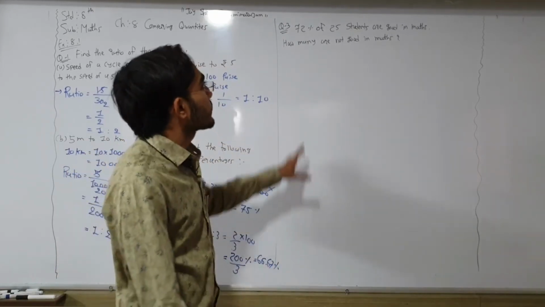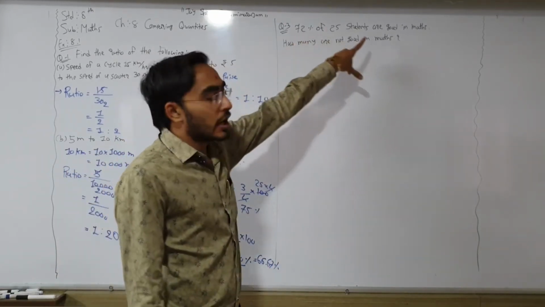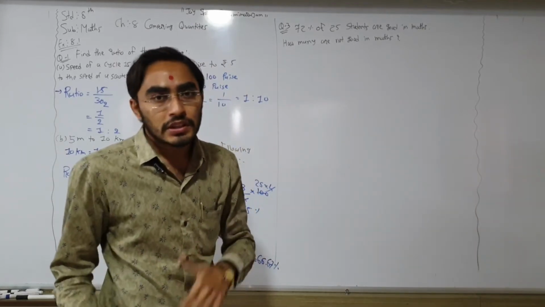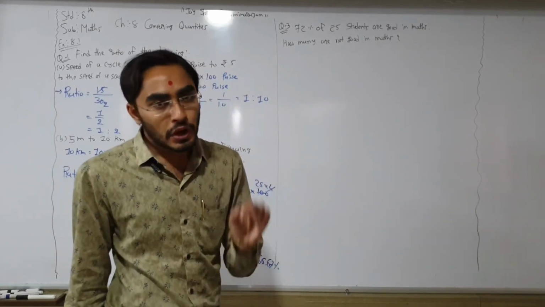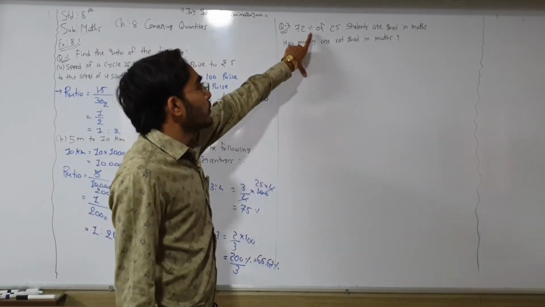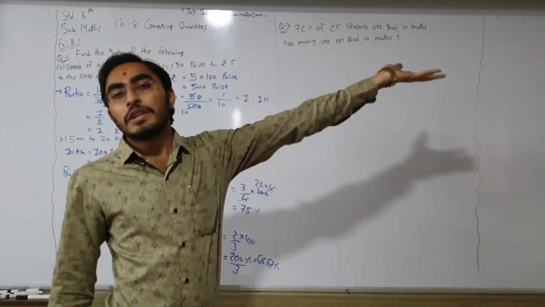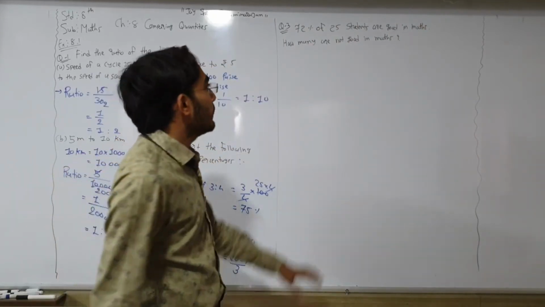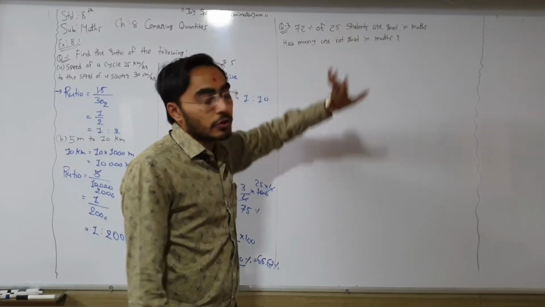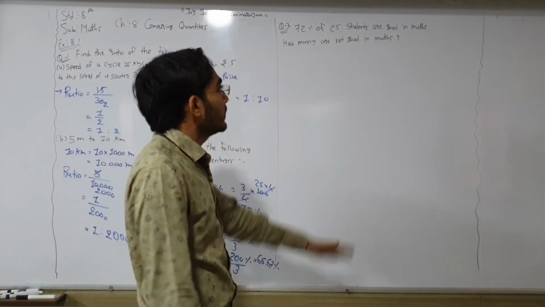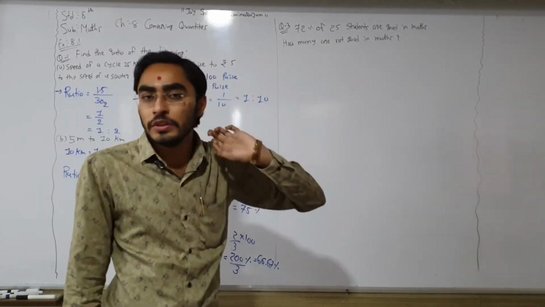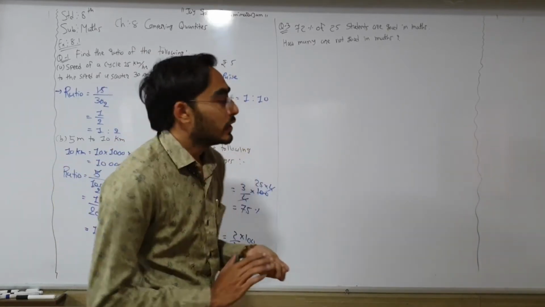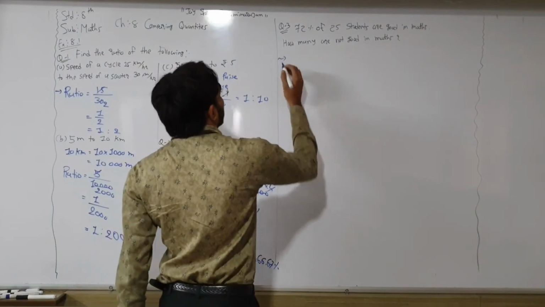Now second way, 72 percentage are good. So alternately 28 percentage are not good. Right? Total percentage कितना होता है 100. So out of 100, if 72 percentage are good in maths, so remaining 28 percentage are not good in maths. So after that we can simplify it, 28 percentage of 25. So from that even we can find how many students are not good in maths. Here we are using the second way.